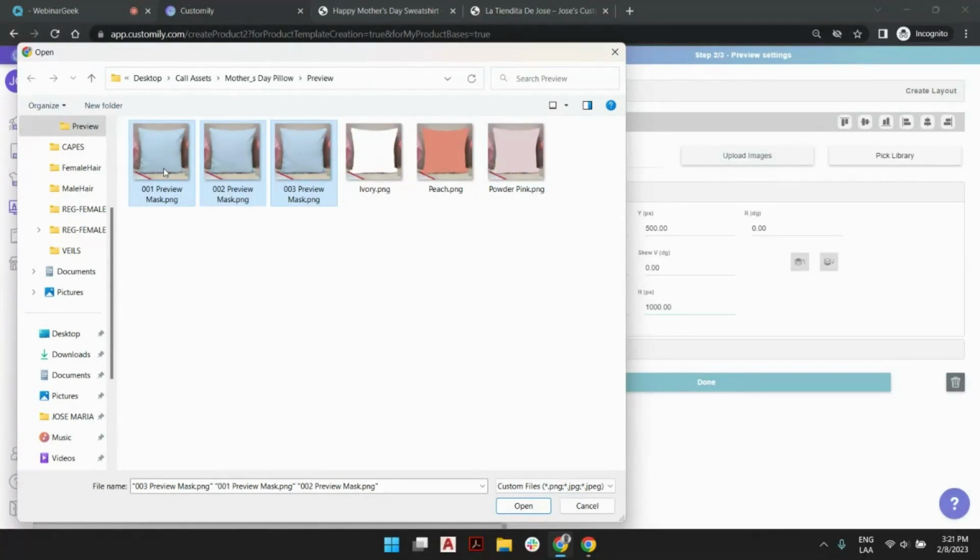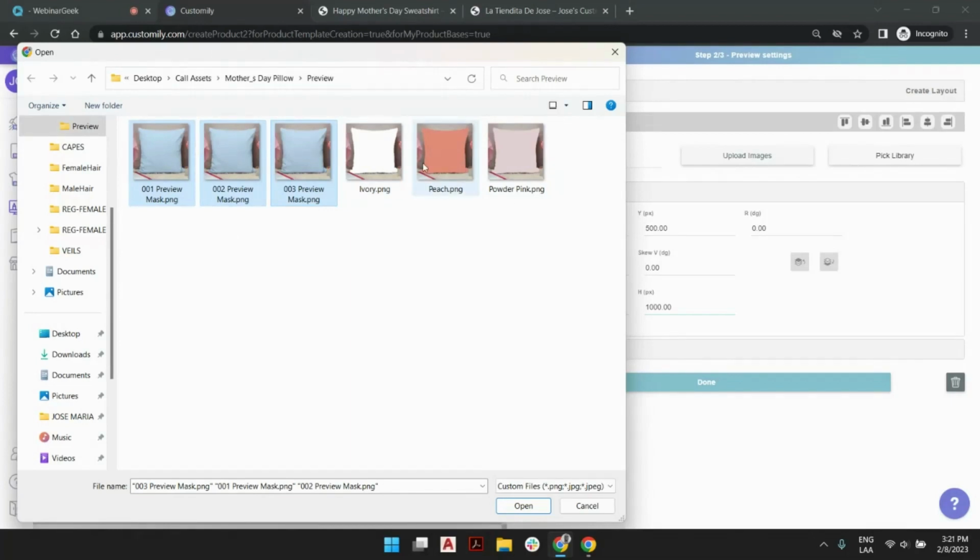In this case, I have three identical masks because the color is changing on the background, but it's important to